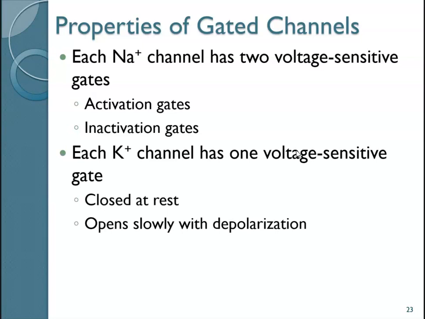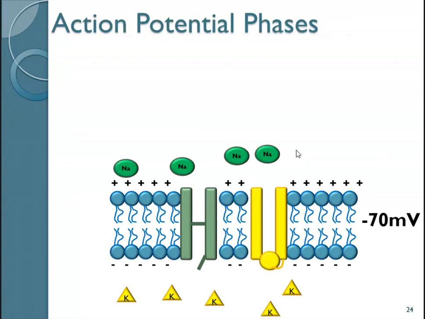Potassium channel has only one voltage-gated, voltage-sensitive gate. It is closed at rest. What's important to note, it's slow to open, it's also slow to close. Okay, so we're going to talk about action potential, the different things that happen and the three phases that are